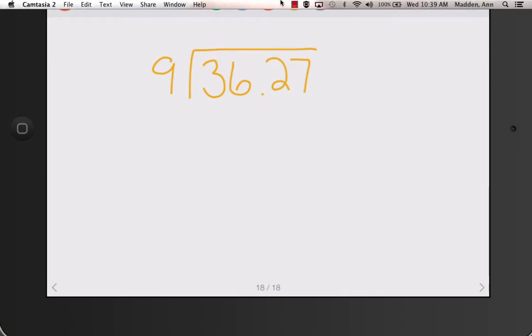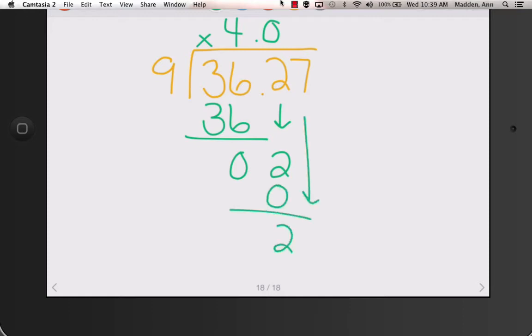One last one that we're going to practice together. What's the first step? Add up your decimal. 9 goes into 3. 9 goes into 36 4 times. 9 times 4 is 36. Subtract, bring down the 2. 9 goes into 2 0 times. 9 times 0 is 0. Subtract, bring down the 7. 9 goes into 27 3 times. 3 times 9 is 27. Subtract. My answer is 4